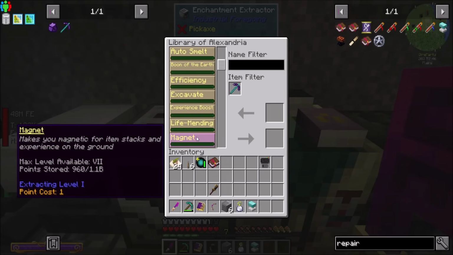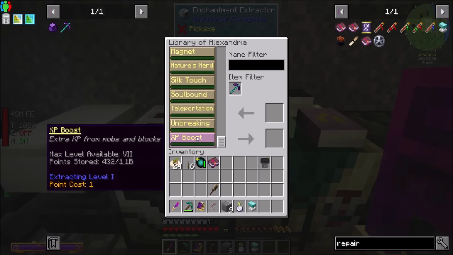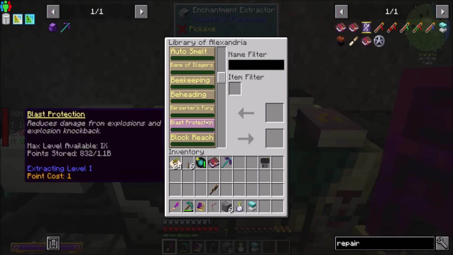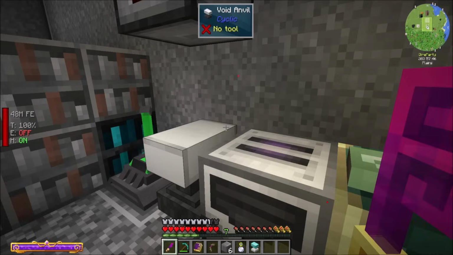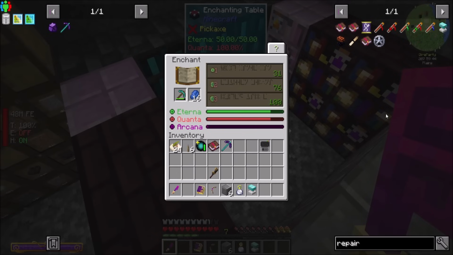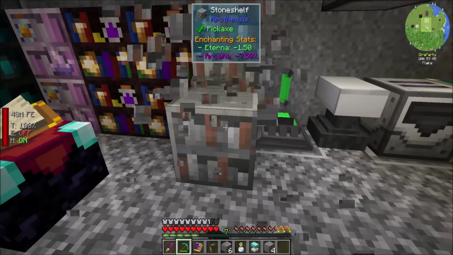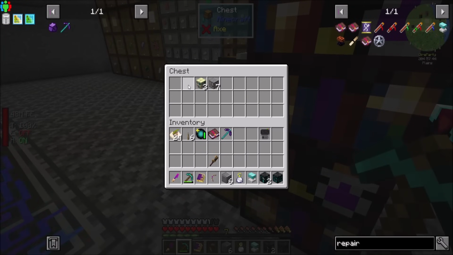Where's fortune? Am I crazy, or is there no fortune on? Do we not have any fortune? How do we not have fortune? I've been enchanting diamond pickaxes. You get me fortune, right? Yeah, fortune. It's rare, but I did a whole bunch of enchants using this. So that was 3-point-something%. So if I swap these out with these guys,